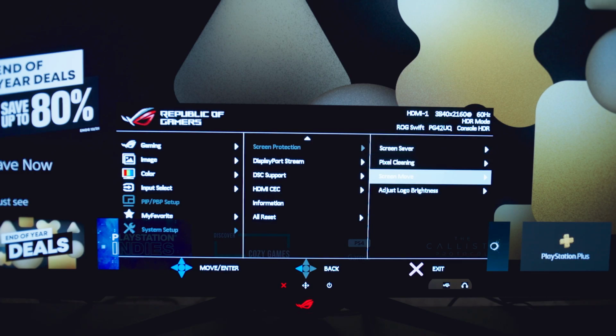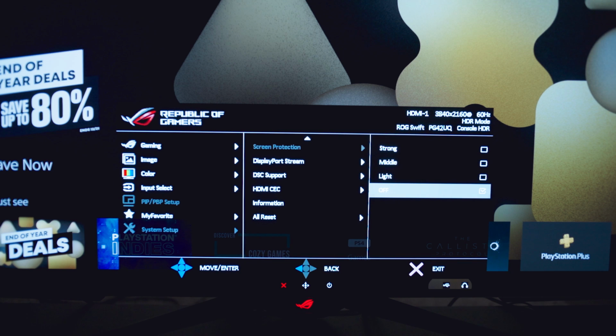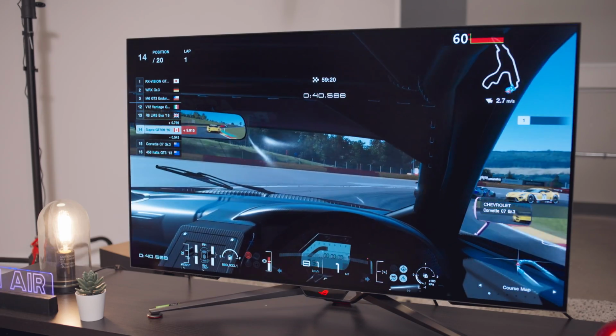It's sadly the downside of an OLED panel. But even then, there's also measures built in to combat image retention by using pixel shift settings and the auto dimming of logo areas on the screen. For example, the bright HUDs in games that stay in one spot or sports scores that stay on the corner